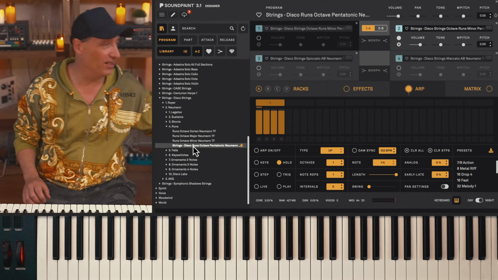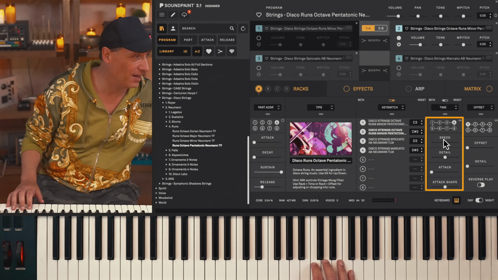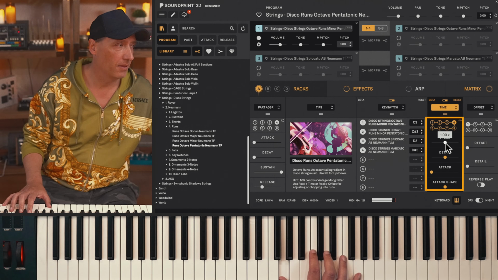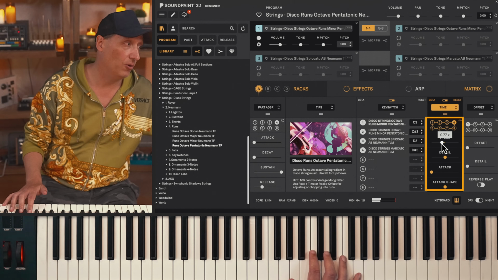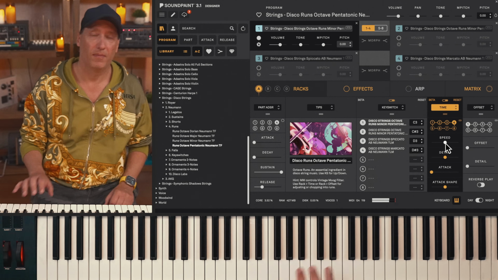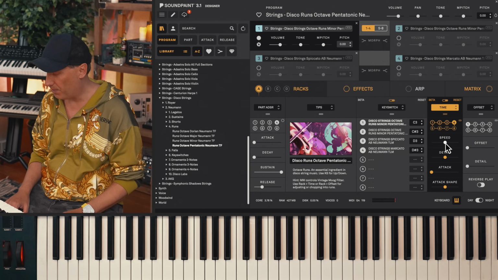You can also use the time stretcher in case you want to sculpt them a little bit to fit your tempo. So I'm just going to go to time here and move the speed knob. So for example, normal speed. Go a little bit faster. Go a little bit slower. You can really adapt the runs to any tempo you want using the rack time module here.